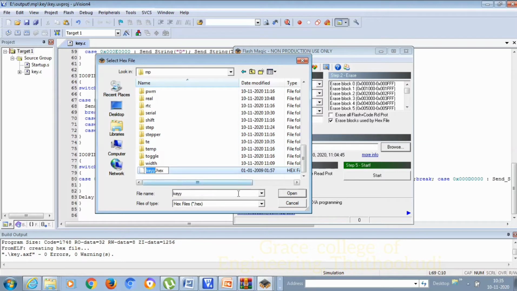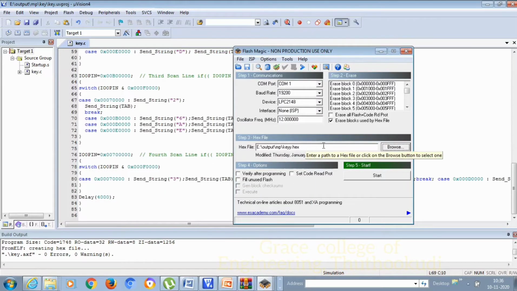This key.hex file will be created, then you open it, and this hex file will be downloaded into the kit using this software. Then click the Start button now to download the program into the kit.